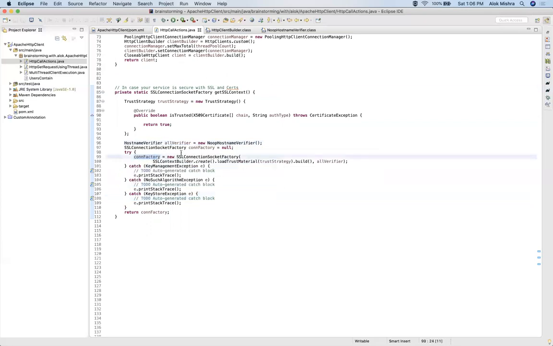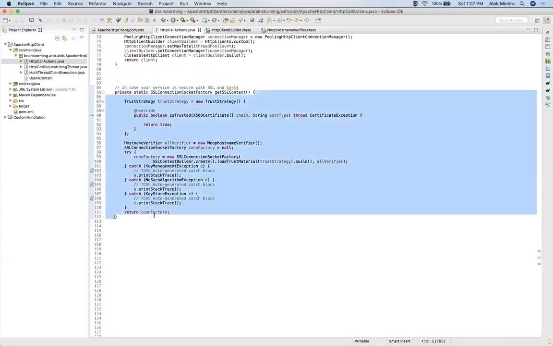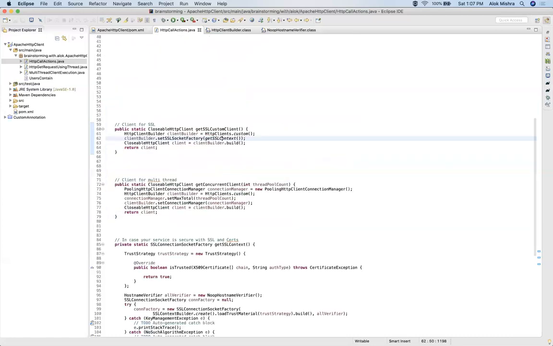Then you have to make the connection factory. You create an SSLConnectionSocketFactory and load your trust strategy and build it with the all-host verifier variable. Once you get this factory, if you go back, you can set this socket factory and build your client.